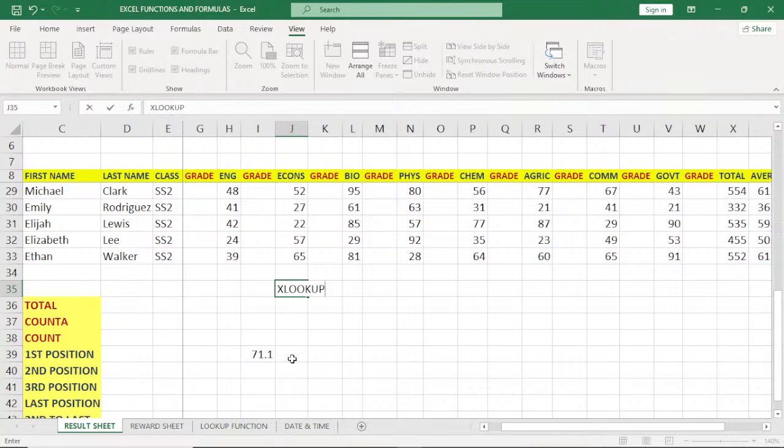In order to do what we have here, we want to know the student, the first name and the last name of the student that came first. In other words, the one that scored the highest, 71.1. So what do we do? We say equals to, type x, the function comes out, xlookup. Now it will be giving you hints. Read the things here. xlookup. The first thing you need is the lookup value. What is the value you are telling Excel to look up in this data set? That is this value,